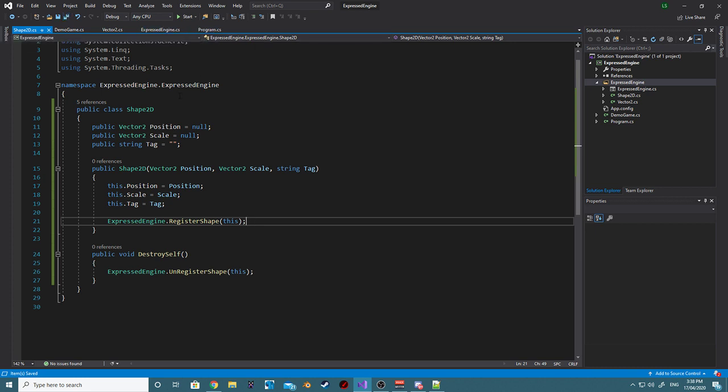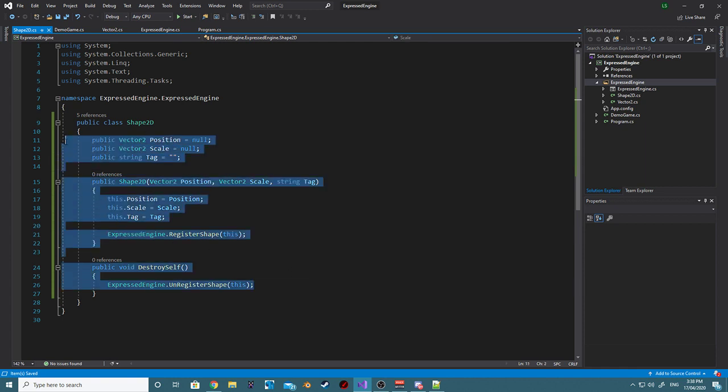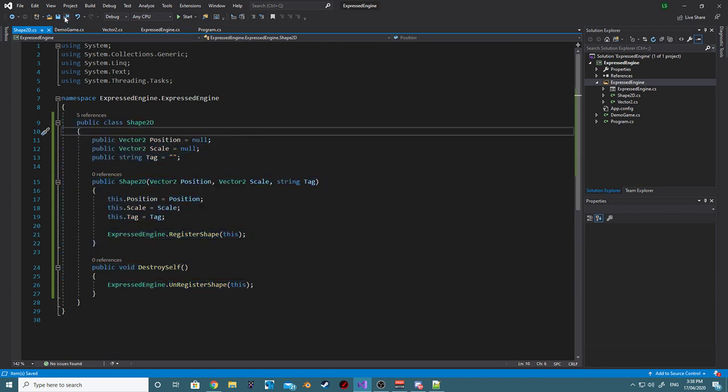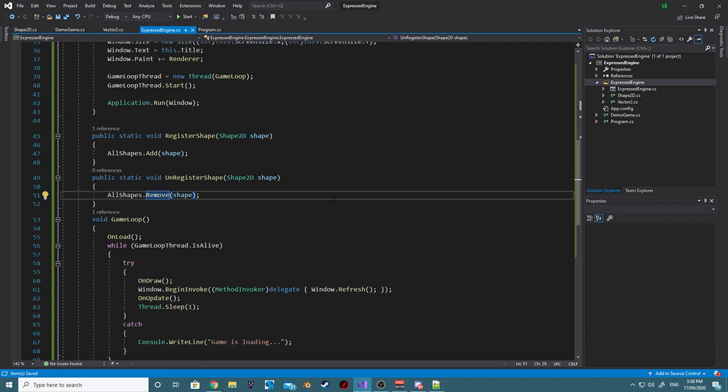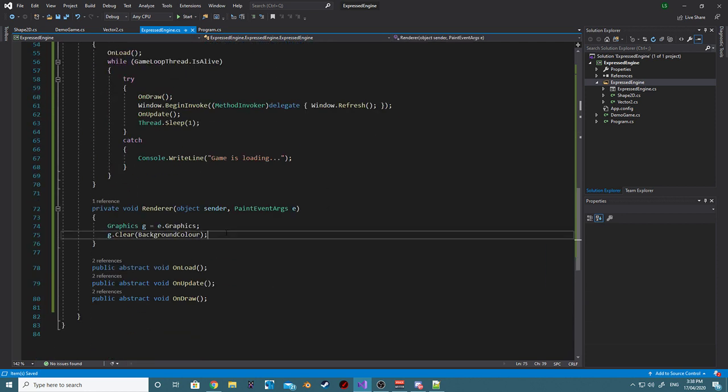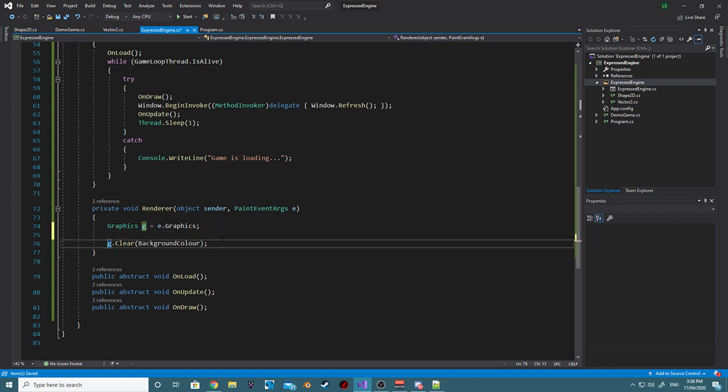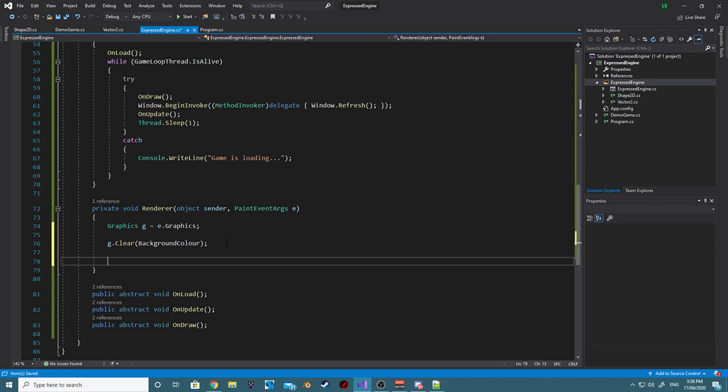Great, so now we want to make the logic inside our render call that will use all this to draw a shape to our screen. Shouldn't be too hard, right? So, the background color, I believe, is always the first thing we want to draw. So this is going to be clear first, and then we want